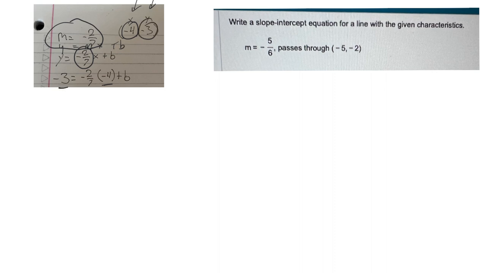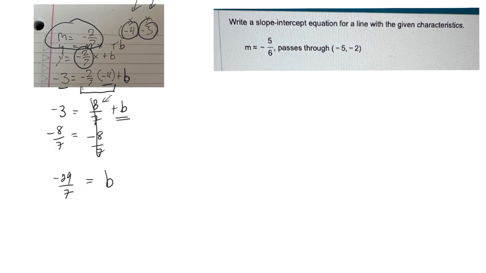Now to simplify this, since b is already on the right-hand side there, I would just leave it there. So let's first simplify this. -2/7 times -4 will be 8/7, plus b equals -3. Now, if I want b by itself, I want to get rid of this 8/7. So I'm going to subtract 8/7 here, and I'll subtract 8/7 on that side because it's going across the equal sign. Okay, so these cancel, left with b is equal to -3 minus 8/7,